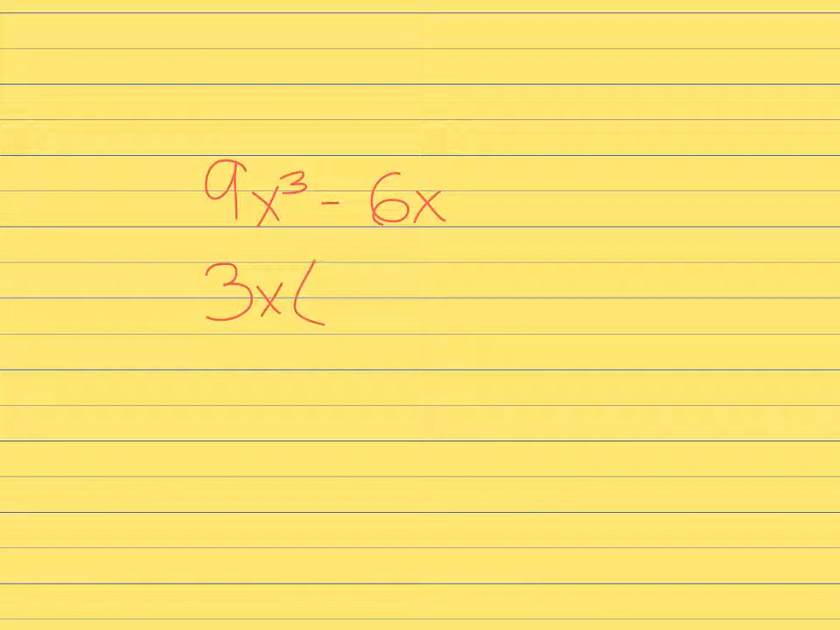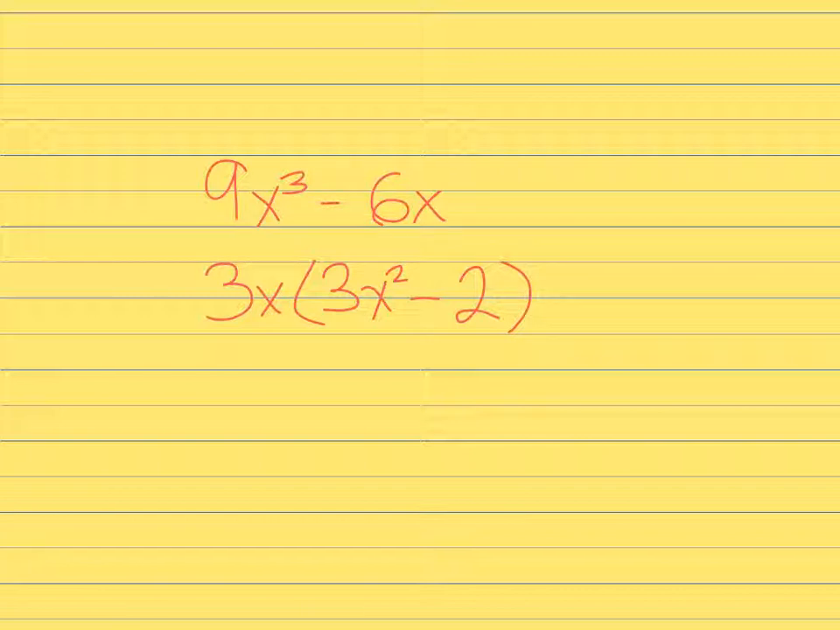So then I'm going to open up my parentheses after my GCF, and I'll then say to myself, okay, well, 3x goes into 9x cubed how many times? And that would be 3x squared. Okay, and then bring down my subtraction symbol. 3x times 2 is 6x. Okay, so